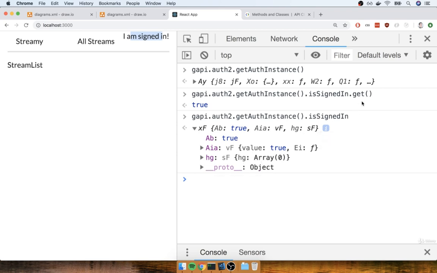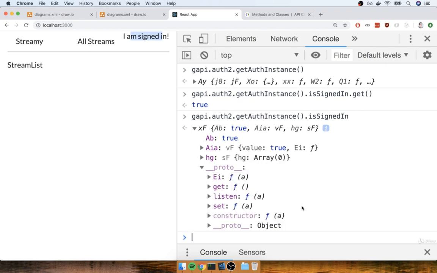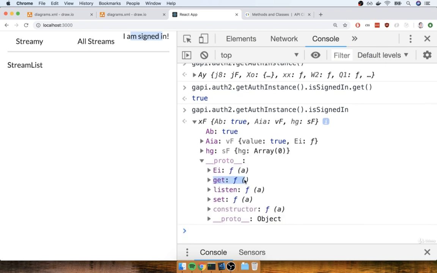So the actual get function that we care about is available through the prototype of this object. Again, this __proto__ property is a reference to the prototype of this object. So if I expand this, you're going to see that the get function that we just called is actually tucked away on the prototype of the isSignedIn object. Now again, that was just a kind of interesting thing I thought you might like.